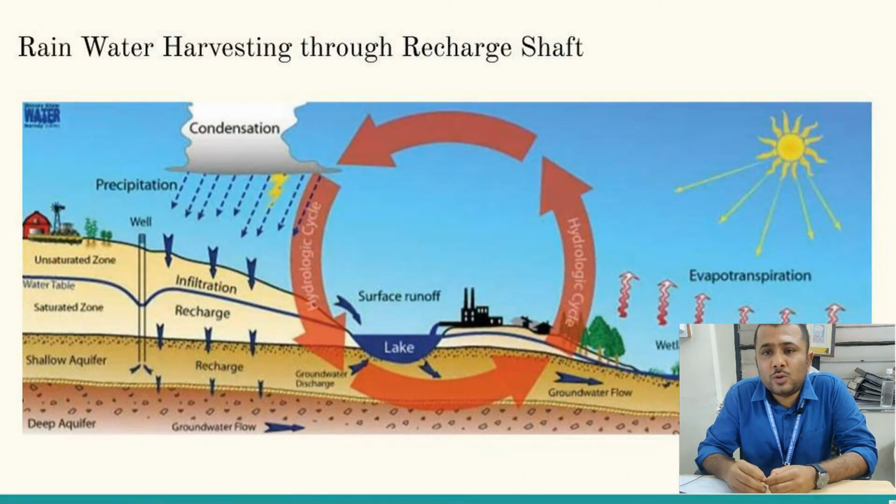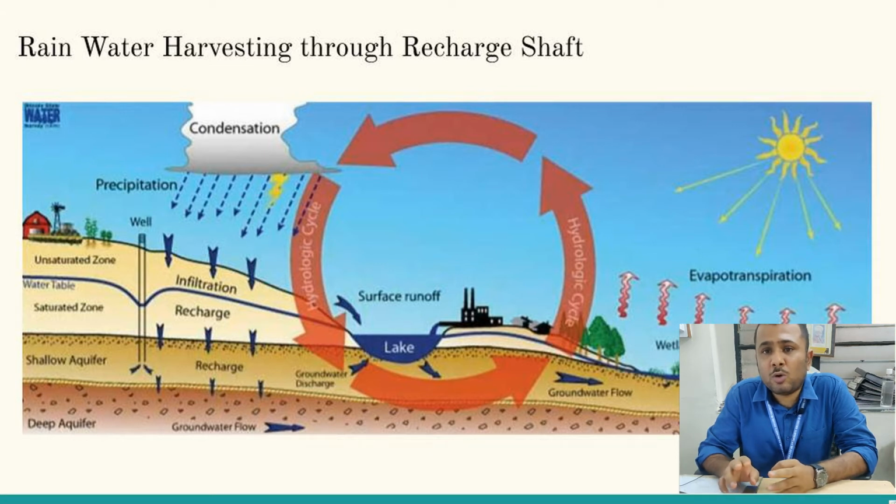As you saw in the video, the entire process of recharging the river or harvesting the water was the opposite of what I explained in the underground dykes. What happened in underground dykes is that the water flowing in the subsurface was driven towards the wells, but the opposite happened in the video that you've seen. This is called recharge pits. Recharge pits basically act like an open well. In that open well, we divert all the water, and the water stored in the open well will recharge the river when it is necessary.